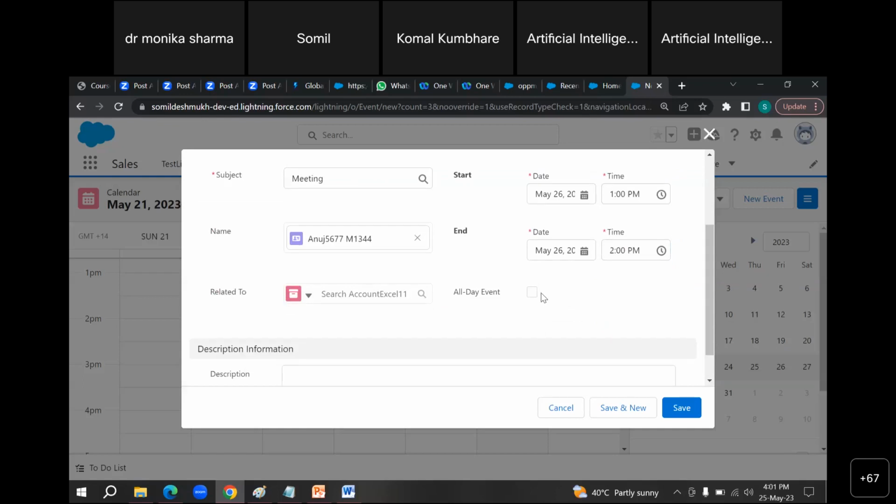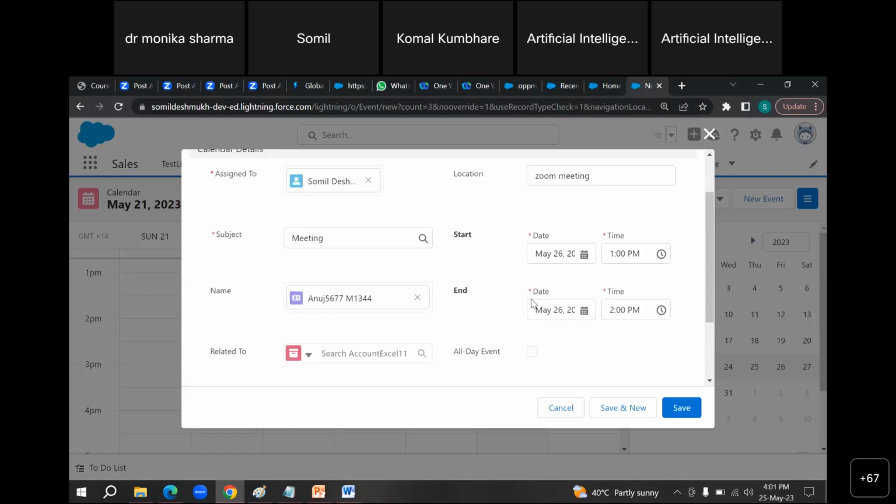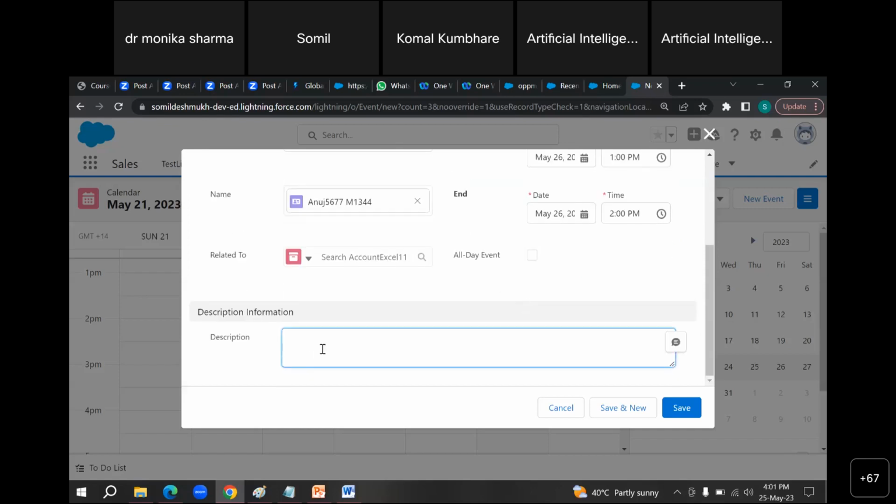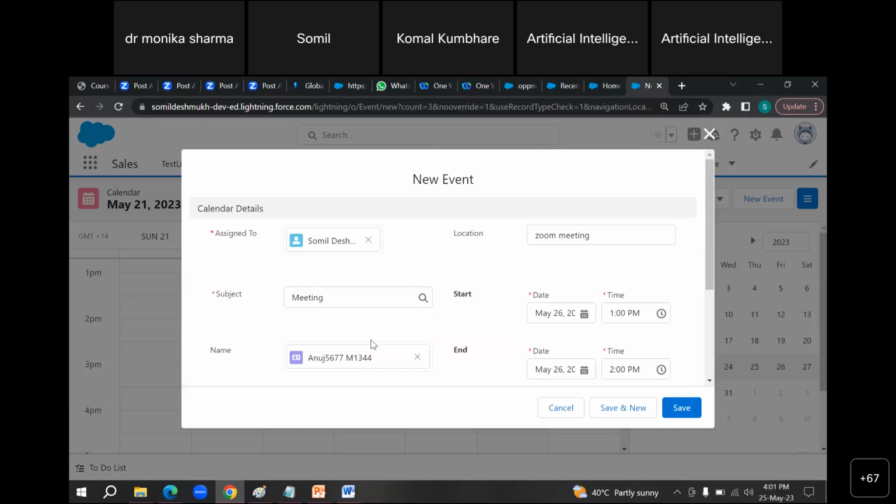Like if in a company we are working, we are having a stand-up meeting or any specific calls, so that can be done. There can be a stand-up meeting and other things for that part. But yes, we can have a meeting also. And description, so I can say meeting with. Like that we can have calendars in which we can add events.